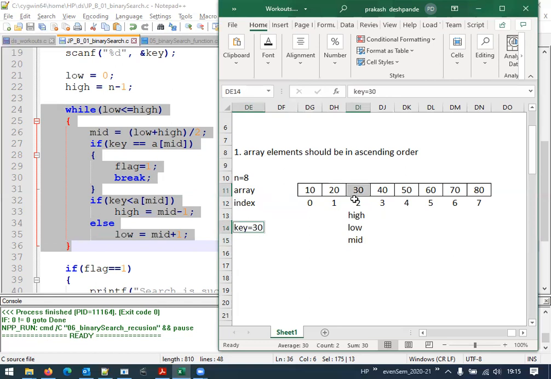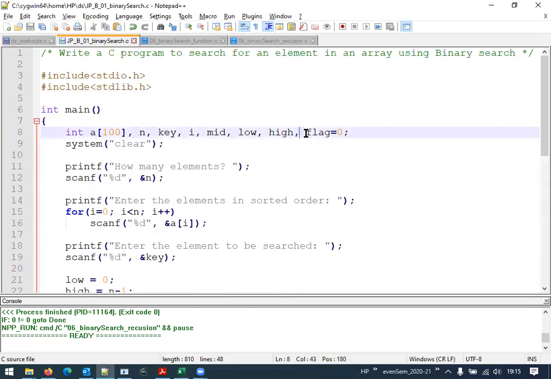Where is it present? It is present at the mid position, that is, mid is 2. If you look into the code, if key is equal to A of mid, and this condition is true, we are updating flag to 1. Initially, we assumed that the element is not present. That's why, if you look into the code, we had set flag to 0.